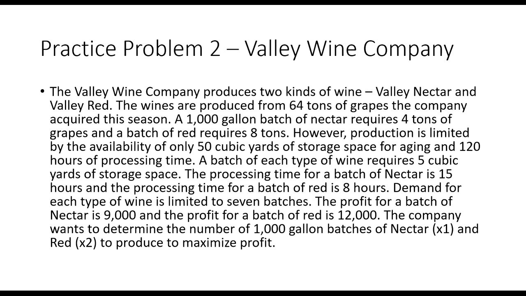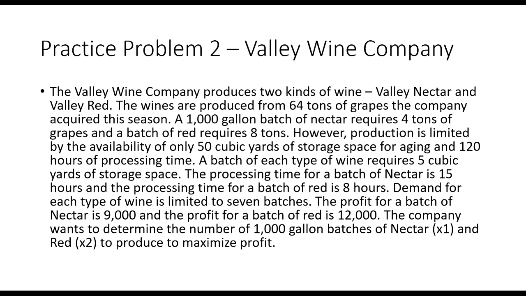A batch of each type of wine requires 5 cubic yards of storage space. The processing time for a batch of nectar is 15 hours, and the processing time for a batch of red is 8 hours. Demand for each type of wine is limited to 7 batches. The profit for a batch of nectar is $9,000, and the profit for a batch of red is $12,000. The company wants to determine the number of 1,000-gallon batches of nectar, X1, and red, X2,